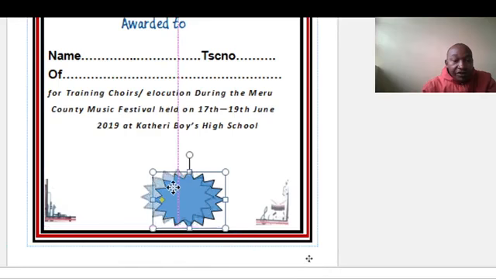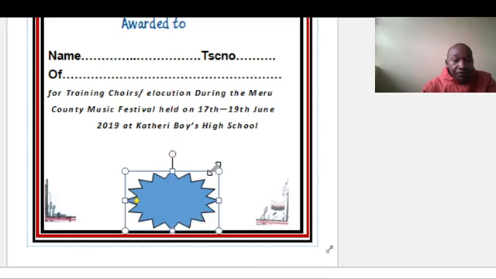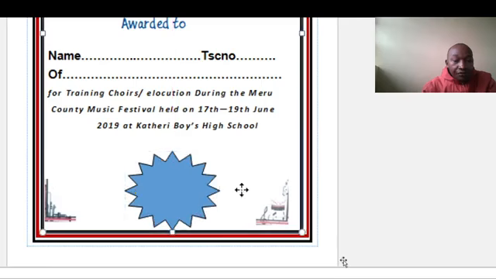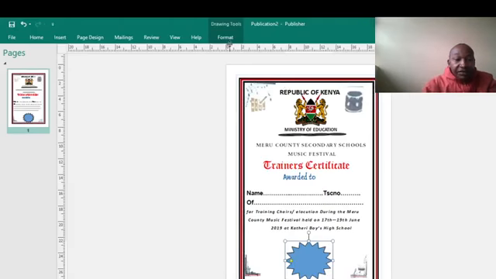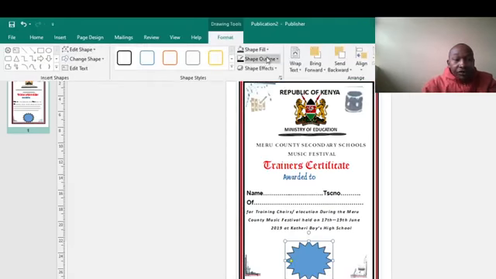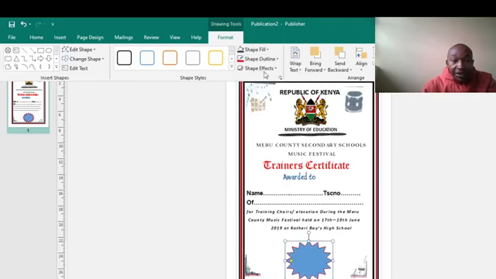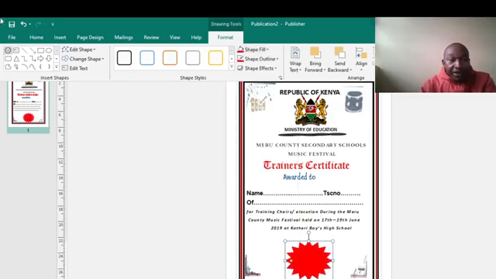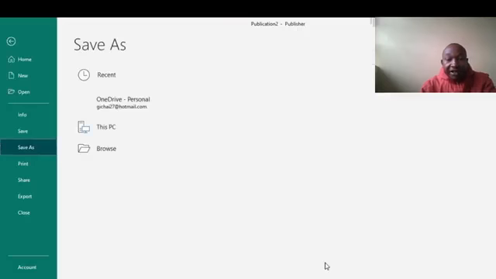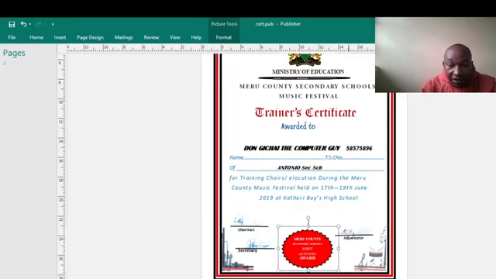Okay, you can have this one, it should be somehow bigger. Therefore we have that one. Then after having it that way, just go to format, then shape outline, then you can give it color red, and you can also go to this one and give it color red, that way. Then once you give it color red like that, you need to type the text inside: Meru County